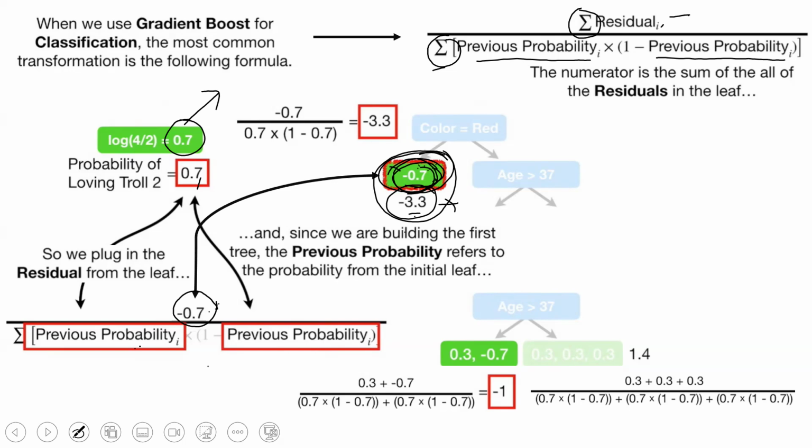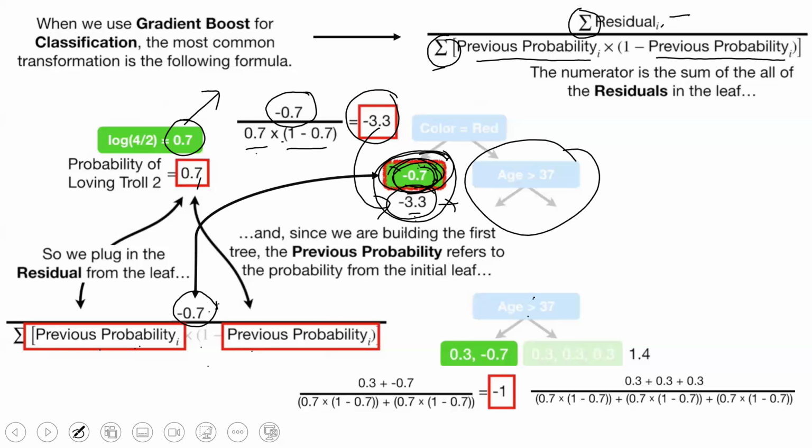So we applied the math: in the numerator, minus 0.7. In the denominator, the previous probability is 0.7 and 1 minus previous probability, which is 1 minus 0.7. We are just using this formula and we calculated the value. So the minus 0.7 transformed value is minus 3.3. Okay. Similarly,